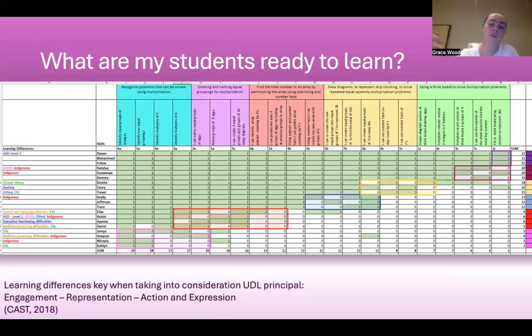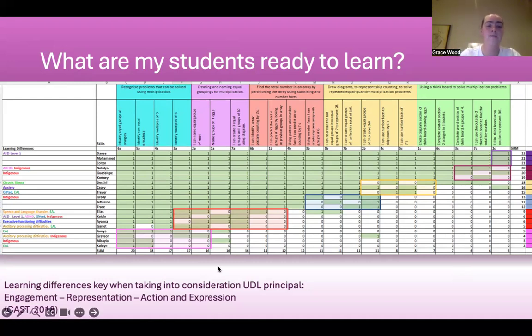My justification for keeping them in the same groups as what I picked from the moderation before, and after inputting the learning differences, is that I don't think that should change how they performed. Yes, it will change how I'm teaching it, what activities I set the students and the different formative assessments. However, I don't think it should change what groups they're in. They've got these results from the assessment, and I think from there they shouldn't be taken out of that. And that's going along with the EAL best practice for high expectations from the Victorian Department of Education.